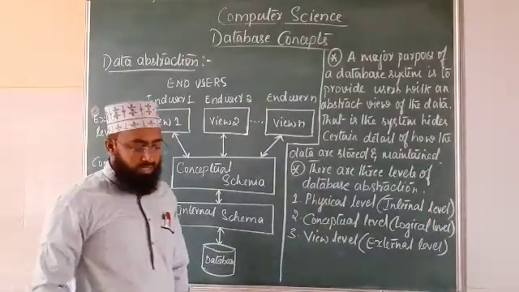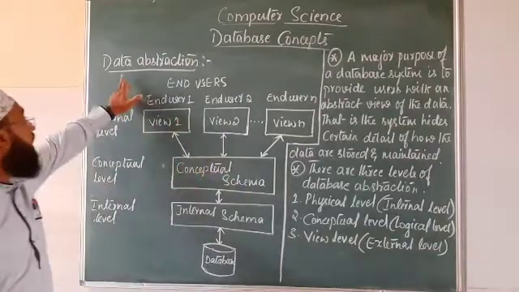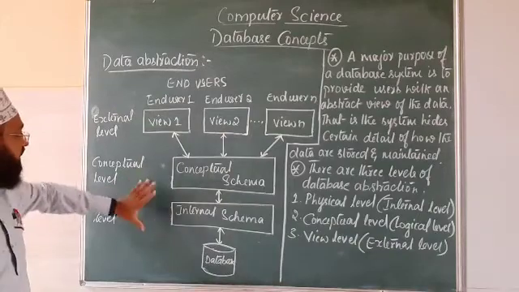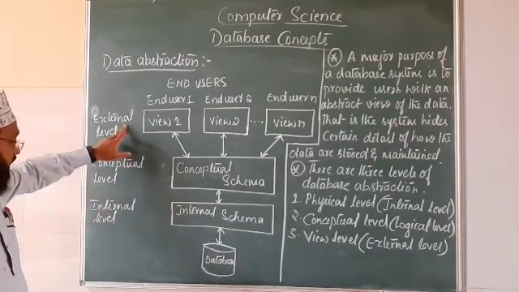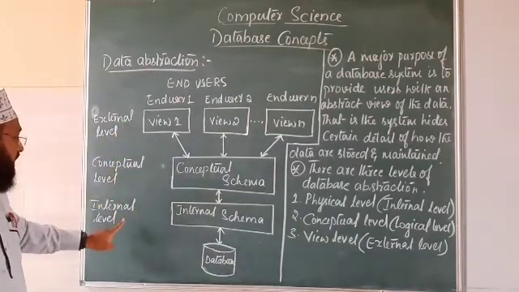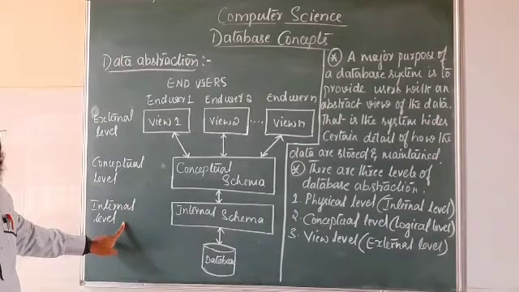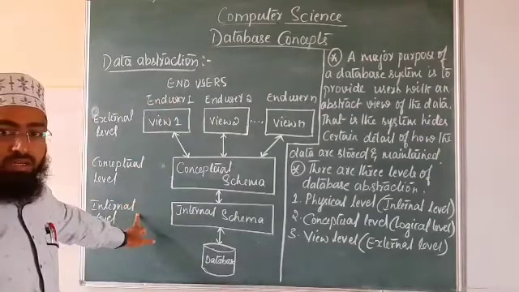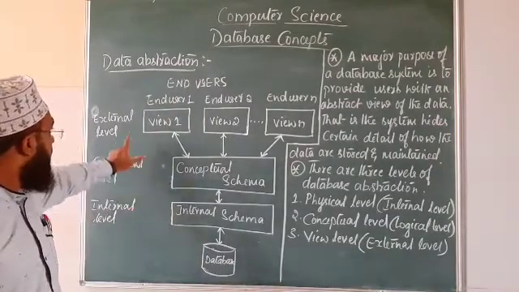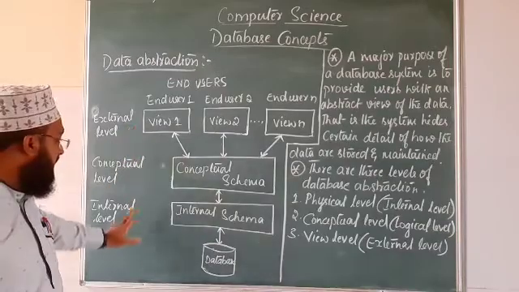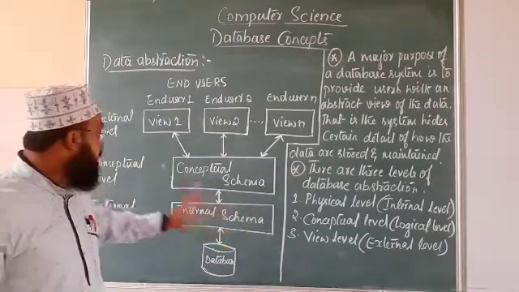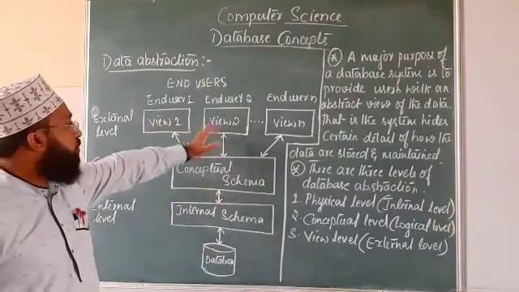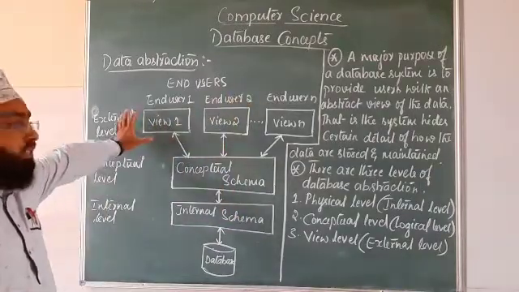Now come to the next thing, that is data abstraction. Students, in data abstraction there are three levels. One is the external level, another is the conceptual level, and the third is the internal level. We will go from bottom to top. That is, first the internal level, then the conceptual level, after that the external level. In the internal level, the internal schema is there, the conceptual schema is there, and at the external level view 1, view 2, up to view 10, many views for users,